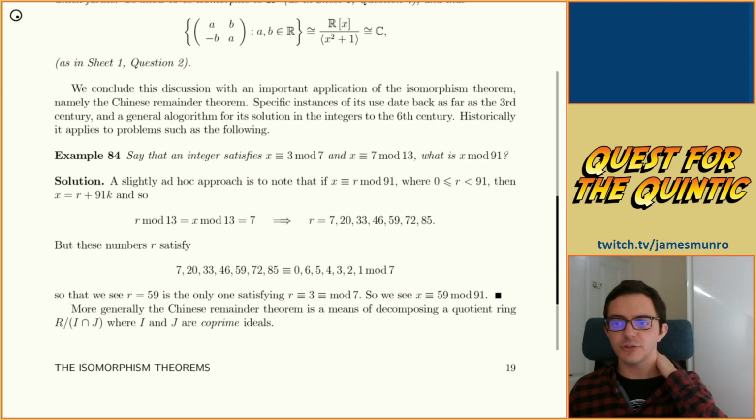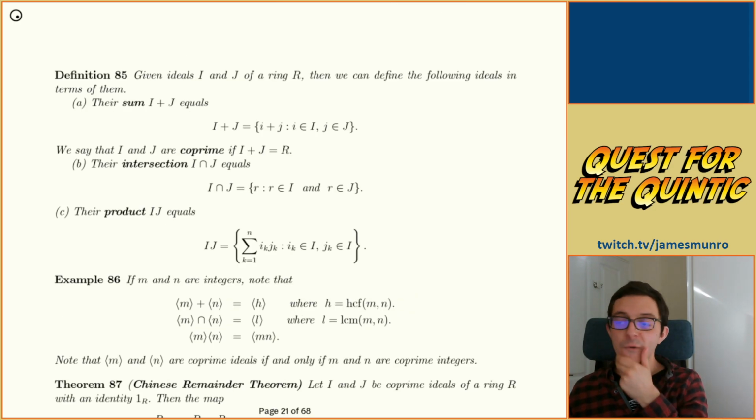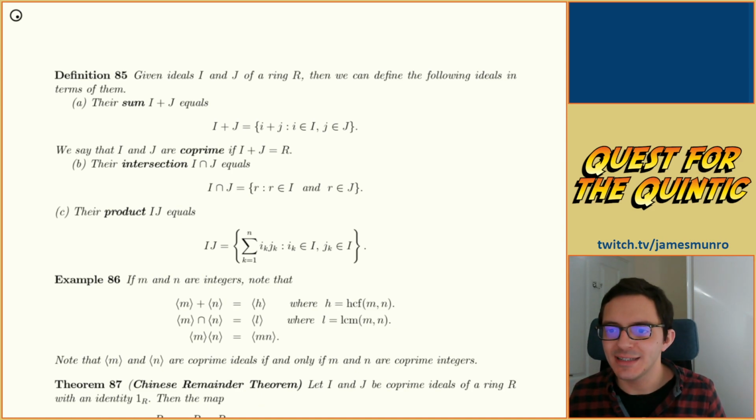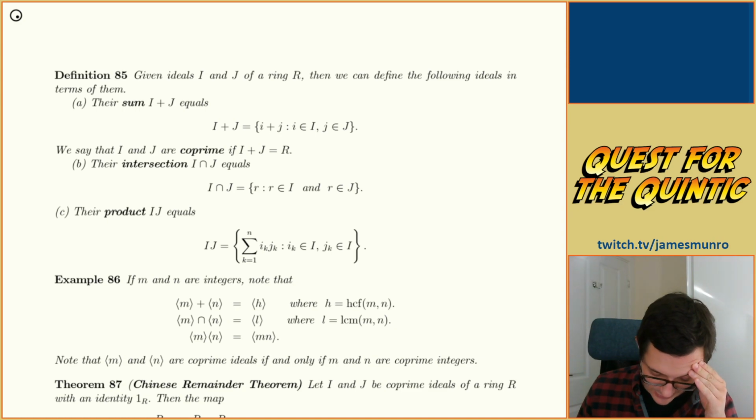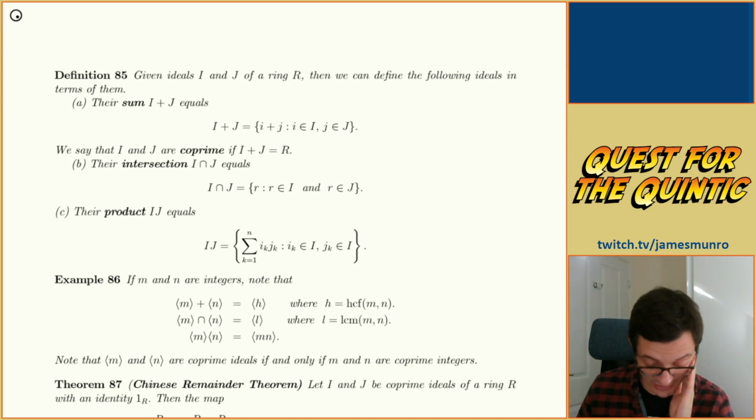good. The Chinese remainder theorem is this. Oh, right, okay, we get algebra on ideals. Given two ideals, say they're coprime if their sum is the whole of R. That is weird. What do I expect coprime to be? Oh my goodness, because